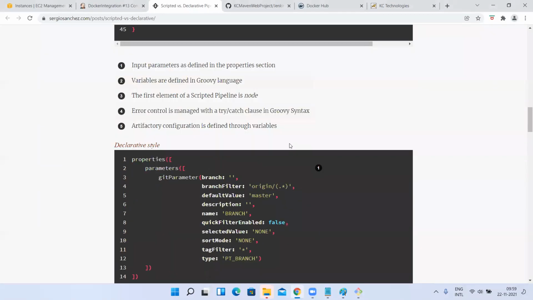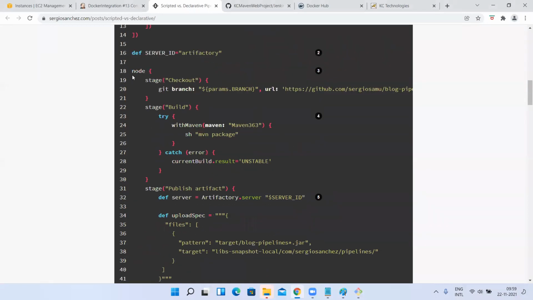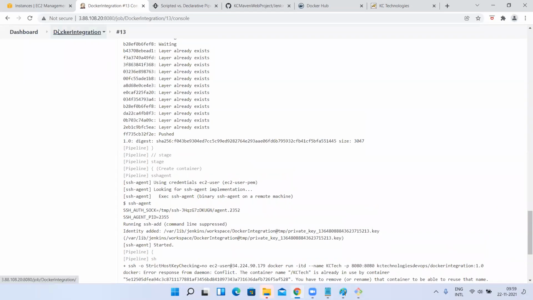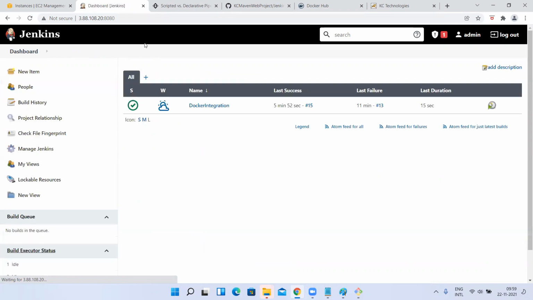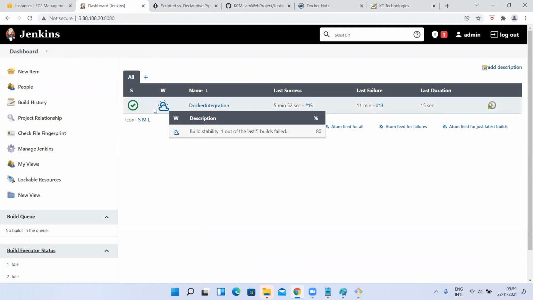In scripted pipeline and declarative pipeline, so far I explained scripted pipeline. One important point I forgot to tell, let me quickly say it. Jenkins has a master-slave configuration. If it's a Maven style job and you want to restrict a job to execute only on a particular node, how will you restrict it?